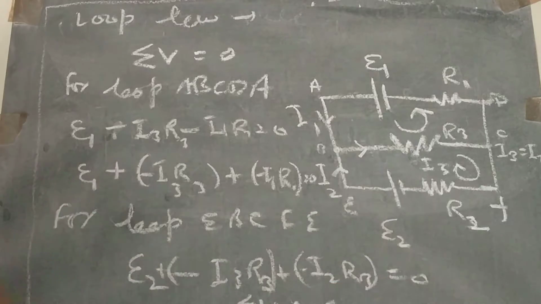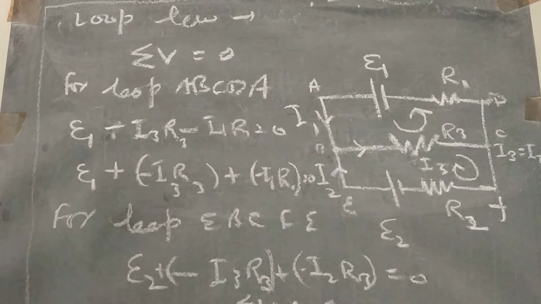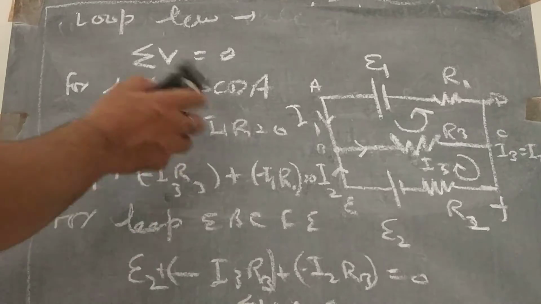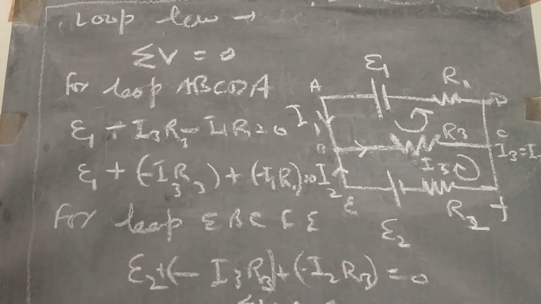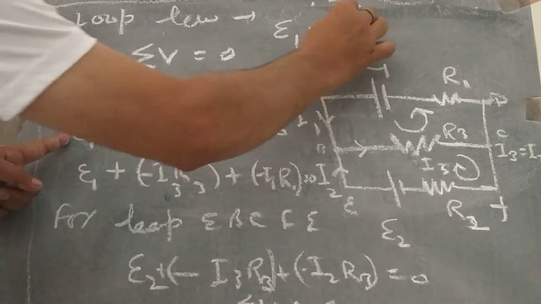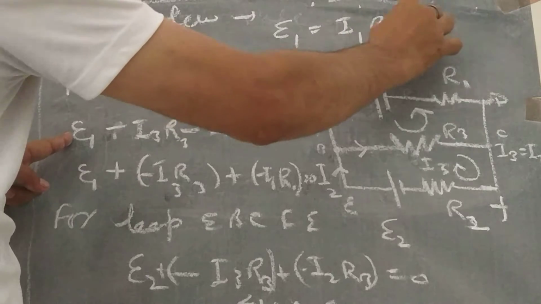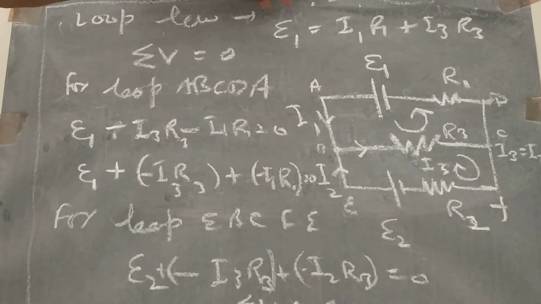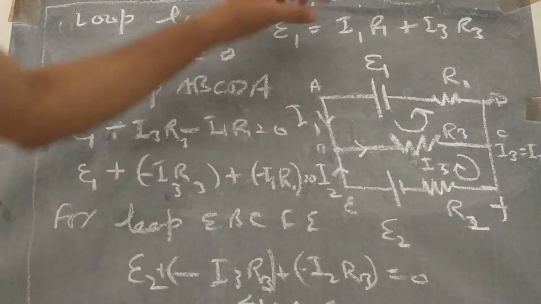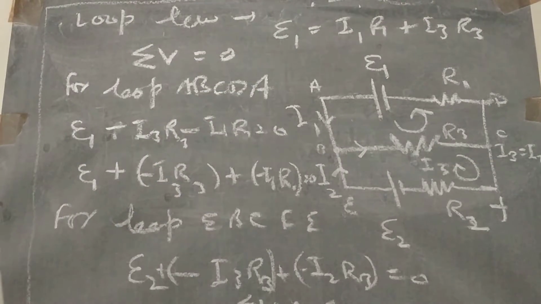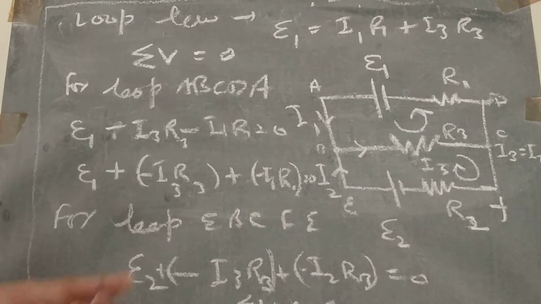Conventionally, the sum total of voltage is 0. Therefore this law suggests that for a closed loop, the sum total of voltage is 0. Or its second statement can be written as, from these two statements I can write from here, EMF equals I1 R1 plus I3 R3. It means for a closed loop, total EMF equals the algebraic sum of the product of resistance and respective current. So there are two statements for this law.